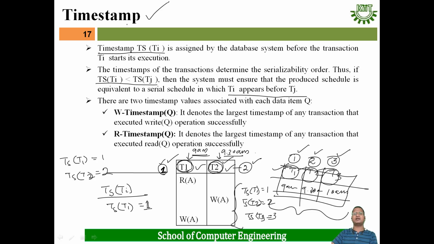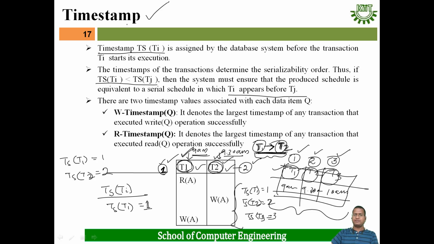What the timestamp ordering protocol tells is that suppose T1 appears first, or T1 begins first, then T2, then the order of execution of T1 and T2 should be in this order. That means T1 will be executed first, then T2 will execute. Or the execution of this schedule should be serially equivalent to the serial schedule T1 to T2. It should be executed in a manner such that it will be equivalent to this serial schedule T1 to T2.